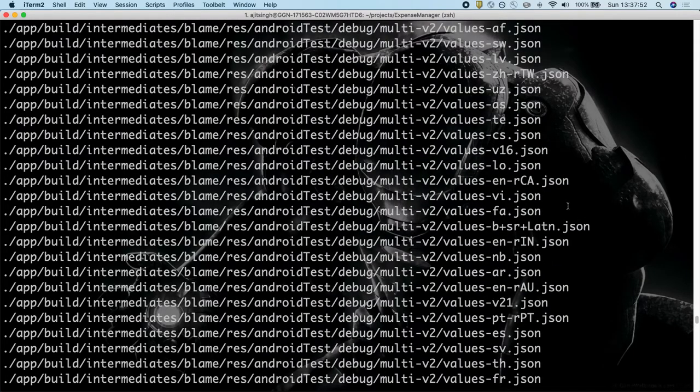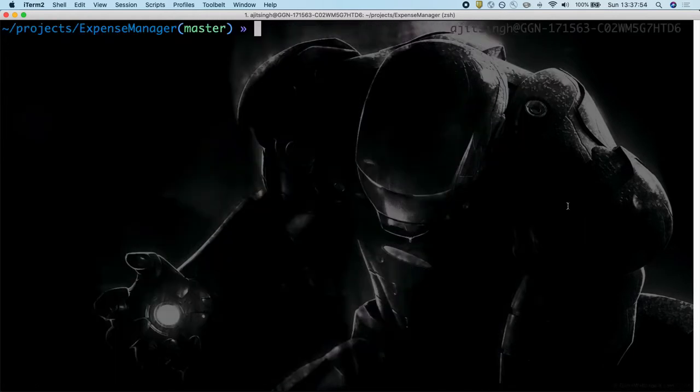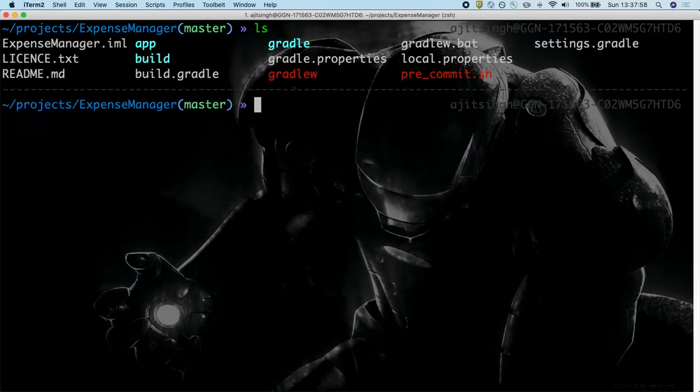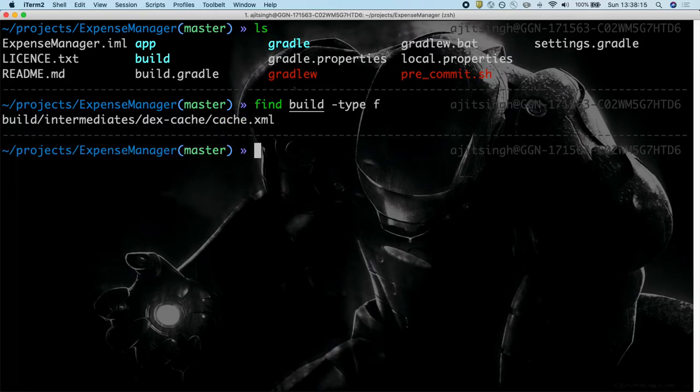Just to reduce the output, I will list only one directory. So let's say the build directory. We'll just look into this. Find dot, instead of dot, just use build, which is our directory for search, and hyphen type f. It will give us all the files in this directory.